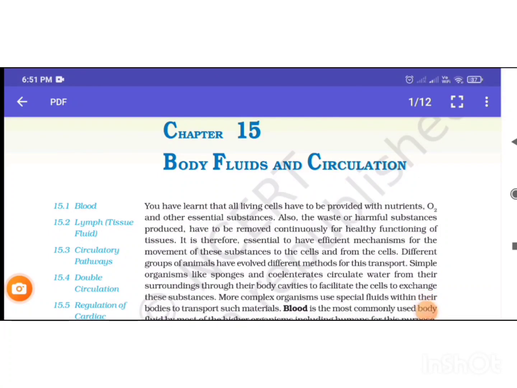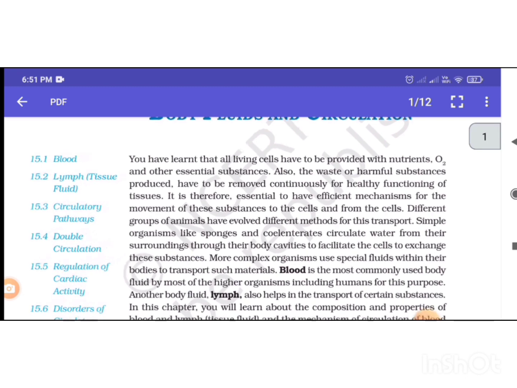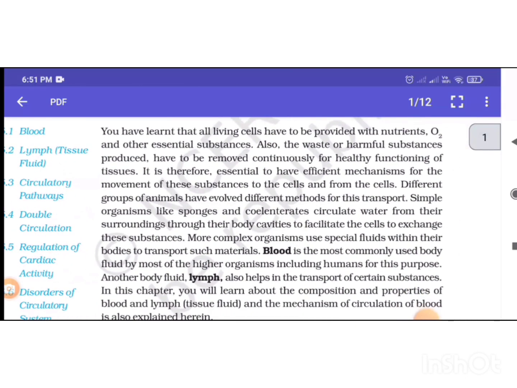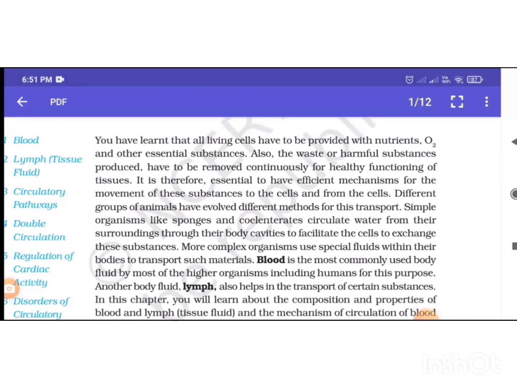A very good morning. Today we will study about body fluid and circulation. You have learned that all living cells have to be provided with nutrients, oxygen and other essential substances. Also, the waste or harmful substances produced have to be removed continuously for healthy functioning of tissue. It is therefore essential to have efficient mechanisms for the movement of these substances to the cell and from the